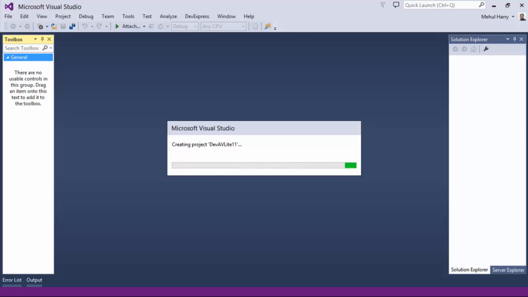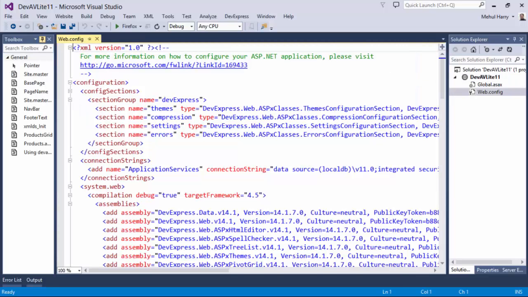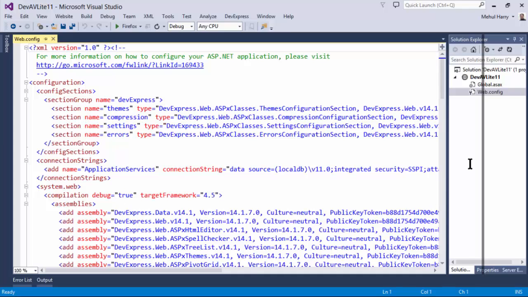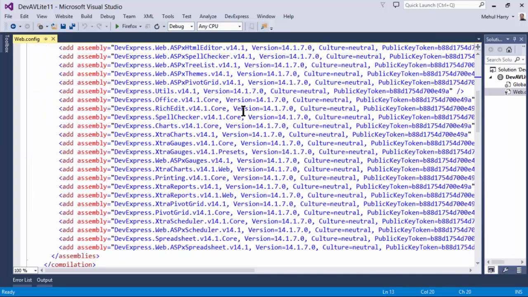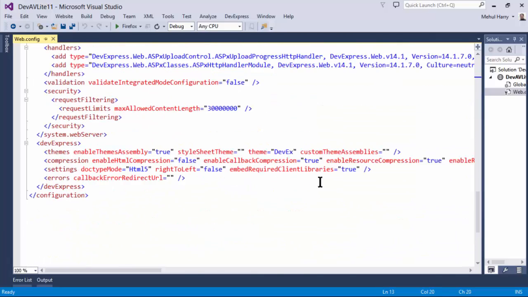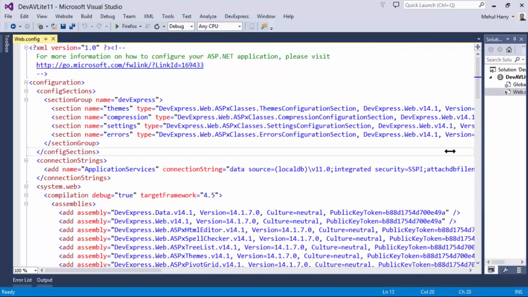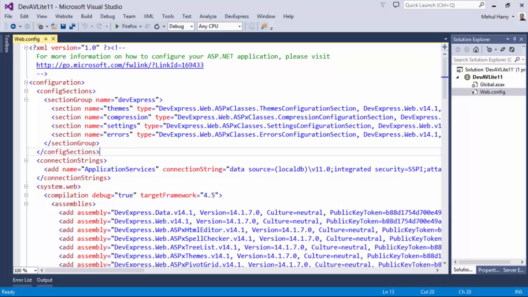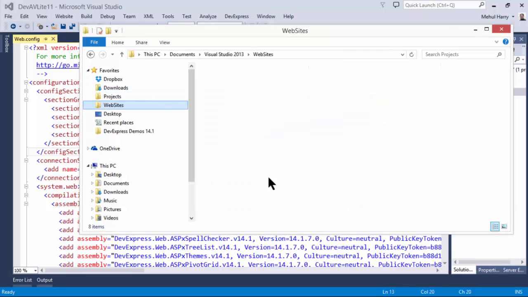Let's take a look. Now here in the web config, let's collapse this, let's make this a little smaller, and you can see I've got basically just some references that I'm going to need and some items. Now right now it's using the DevEx theme and so forth, but what I want to do is bring in a couple of files for the sake of time. So I'm going to spare you guys from watching me type a bunch of things, and instead let's bring up, what I'm going to do